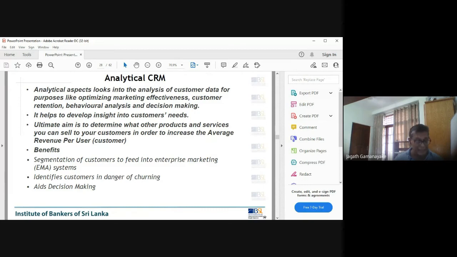There are a lot of software packages available like this, all right? And then you may have online analytical processing, that is OLAP, right? Analytical CRM platforms use OLAP, online analytical processing platforms, to filter the data and evaluate it from various viewpoints. The customer may look at it from various viewpoints. From that you can make use of it for sales forecasting, then reporting. You can facilitate the budgeting of one customer,